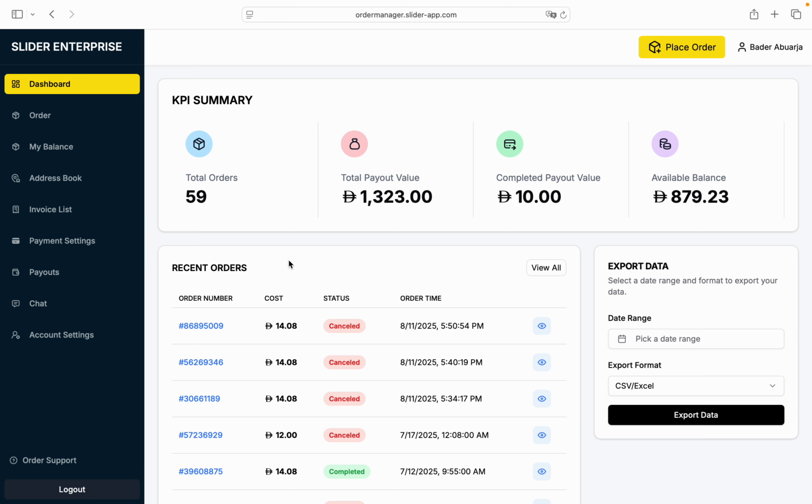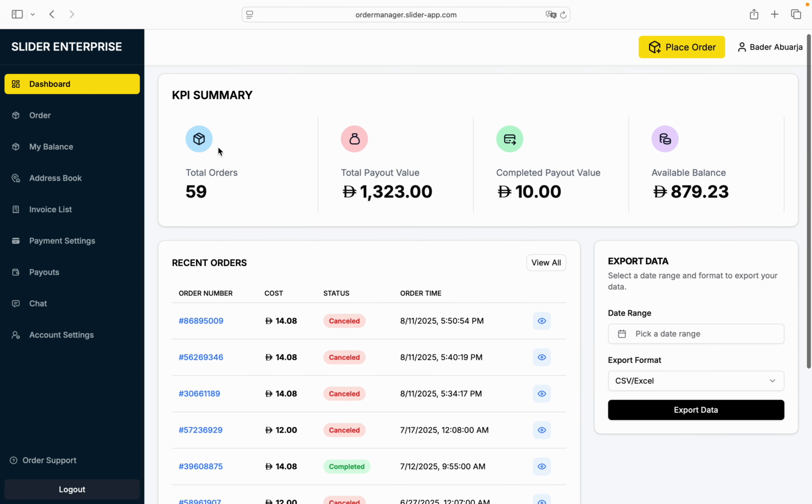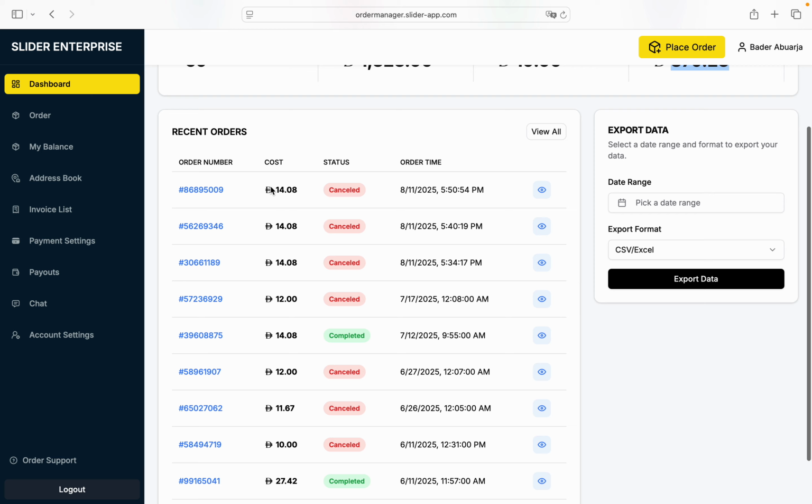Here it's a fully focused platform for you as a user or as a business to use. It displays more data, more analytics for you here, more than the website itself. So it shows all your summary, for example, the total number of orders. It shows how much payout value you have as in COD, completed amounts. These were transferred to your bank account. Available balance. This is the top wallet which can be used for order placements, and it shows all your previous